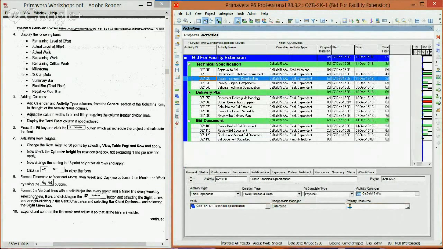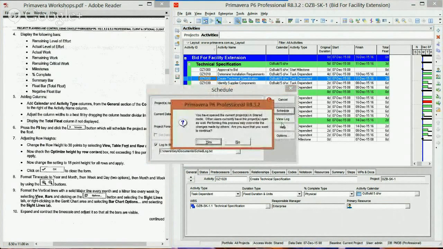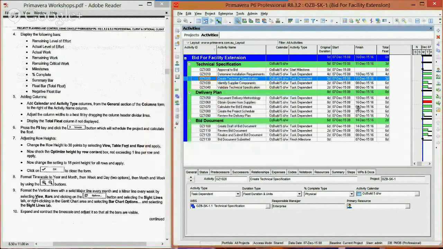Spread this out a little bit. And then after doing so, you want to make sure that your total float column is displayed. It should be as well. After doing so, you're going to press F9 and reschedule. You can also use your schedule